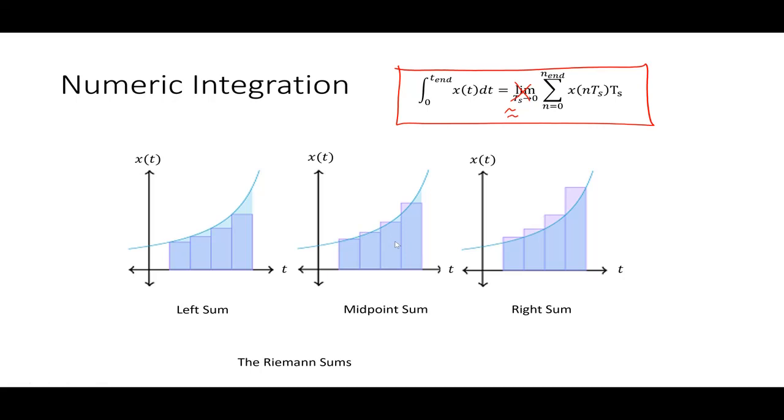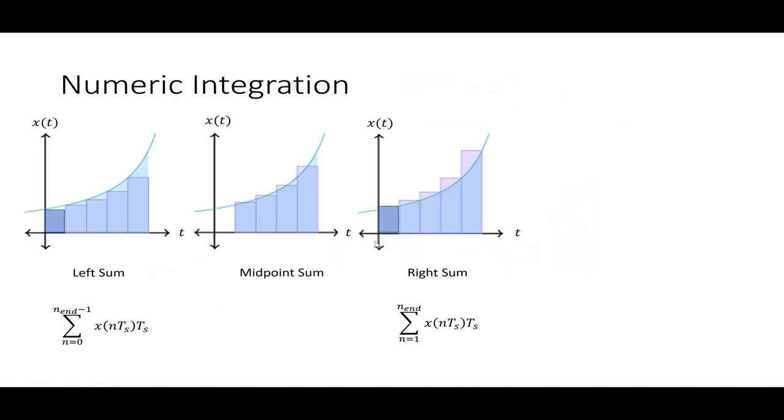All right, I think the easiest thing to do is to choose one of them and to choose the easiest one. The midpoint sum may be the most accurate, but it's probably also the most annoying to choose, as we'll see here in a second. All right, so let's compare the left sum and the right sum just to try to see if we can